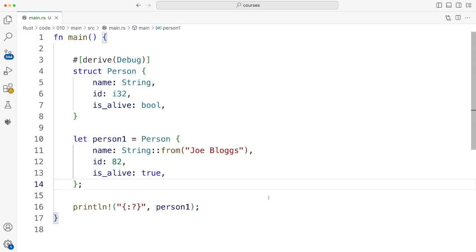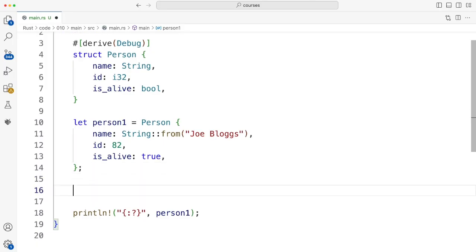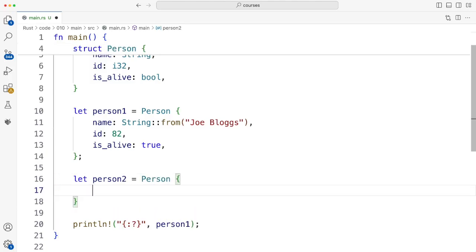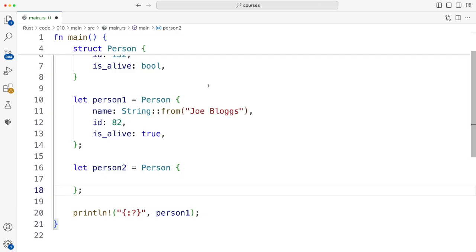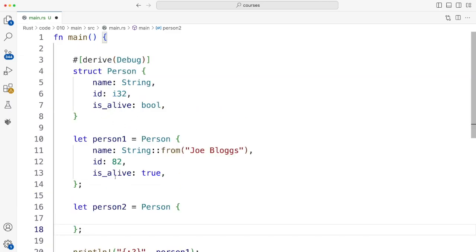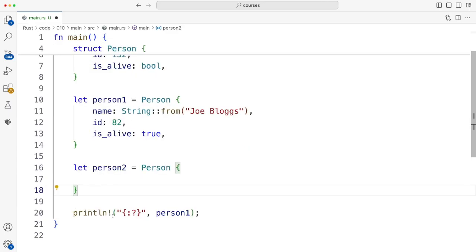Now another thing that we can do is create a new struct based on the values of this struct that I've just created. So let's say let person2 equal Person, curly brackets then, put the semicolon in. We didn't need a semicolon there though. I'll try it without and see what happens. And then we can define the fields that we want to define. So let's say name is String::from. Let's put in here, what's the equivalent of Joe Blogs for a woman? I really don't know. Let's try, I'll just put Mary Sue.